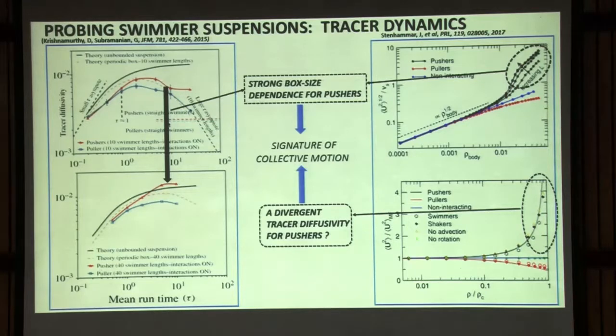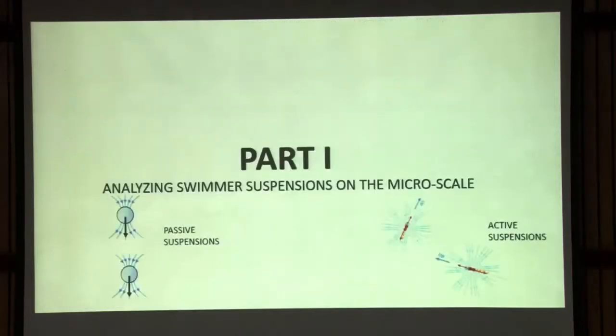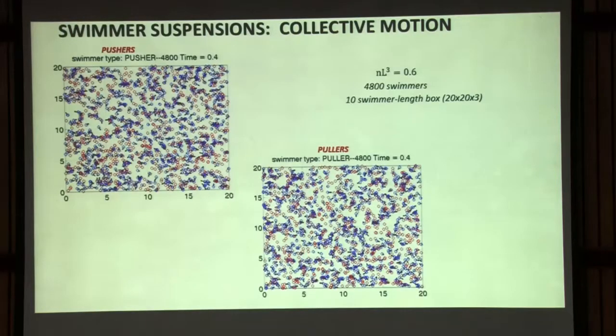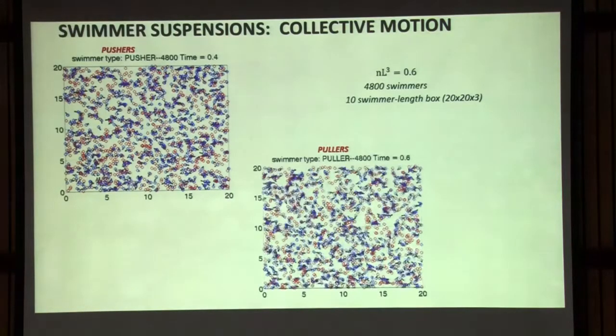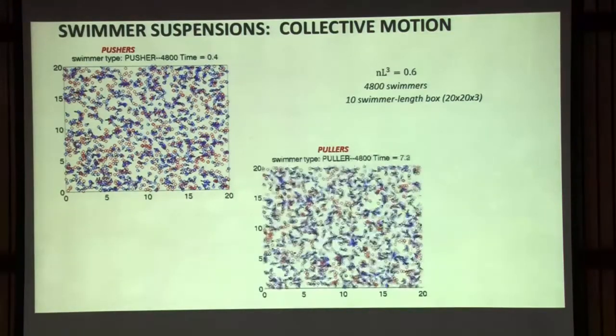Collective motion is a term for it seems like suspensions of swimmers above a certain threshold become unstable to these spontaneous long wavelength fluctuations. And this seems to be an enhancement due to these long wavelength fluctuations that come in above a certain threshold. So just to give you a feel, this is a movie from our simulations a few years back,